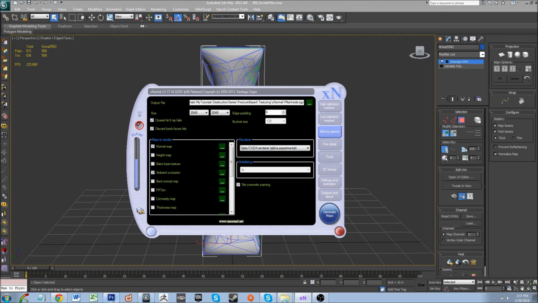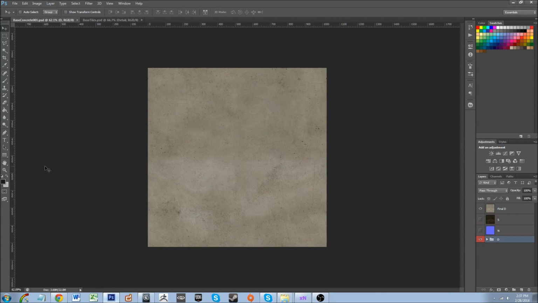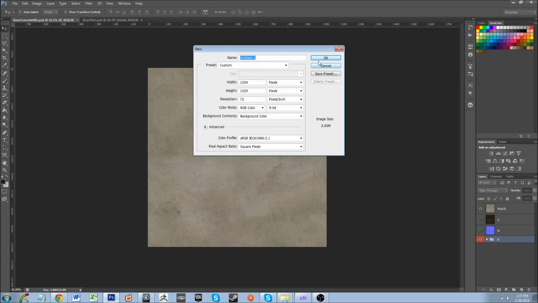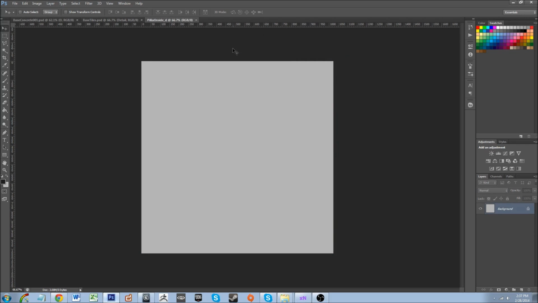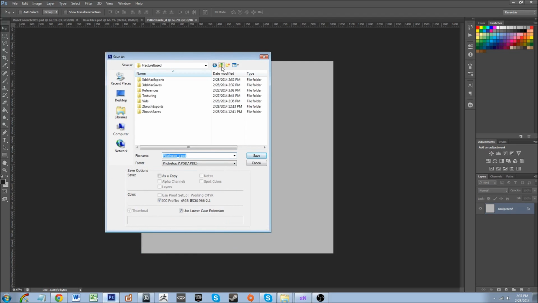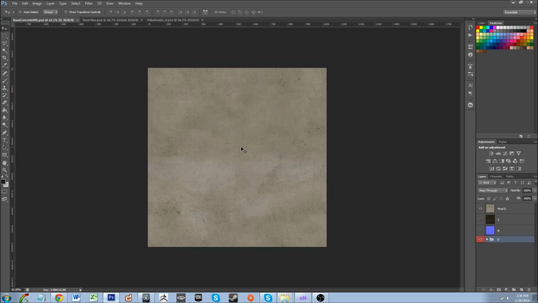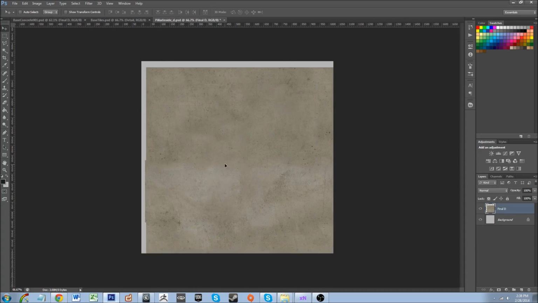We are going to now hop into Photoshop, and let's do a new document. Let's call it pillar inside _D for diffuse. Let's save this. Base concrete, where are we? Yeah, this is where Photoshop pillar inside D. That's exactly what we want. Come over to here to the base concrete, click on final D. Let's go ahead and just bring it over and plop it here into our